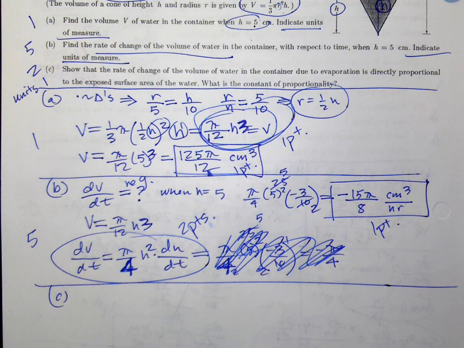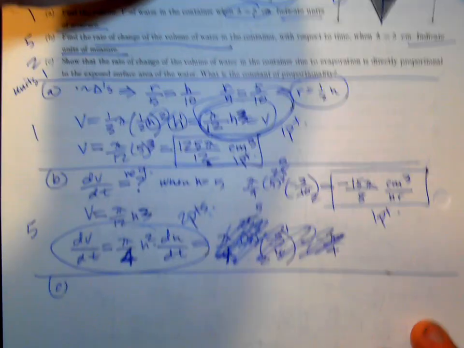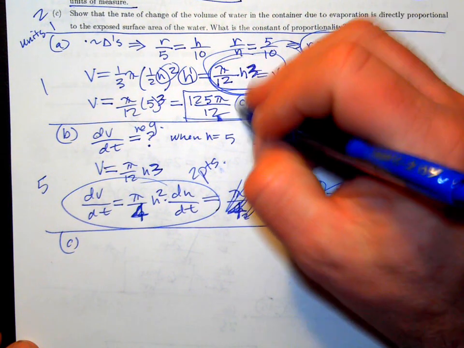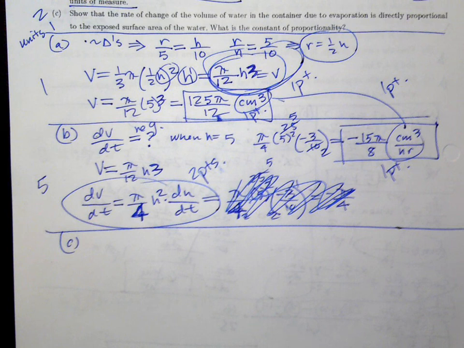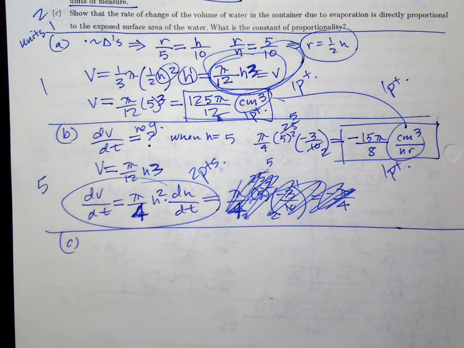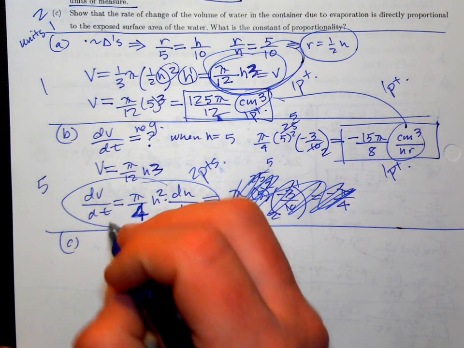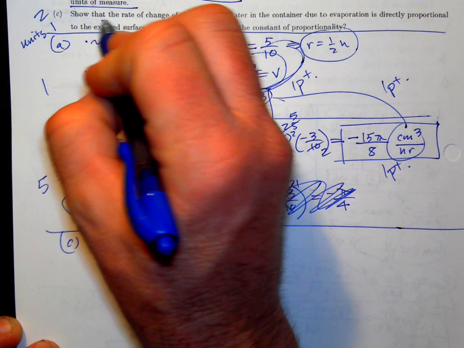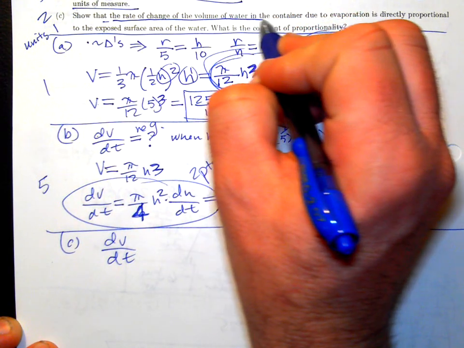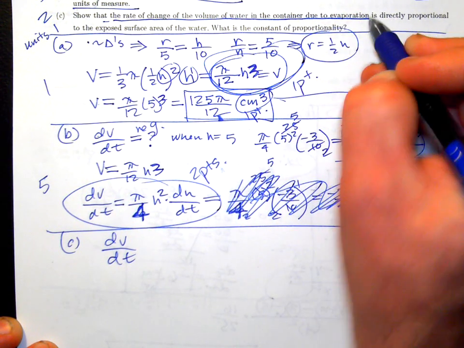Okay, C. Now, C is kind of weird, but it's only 2 points. So we're not going to worry too much about it. By the way, your units for both of these are a point. If you mess one up, you lose that whole point. C says, show that the rate of change of the volume of the water in the container due to evaporation, that whole long thing, that's dV/dt,